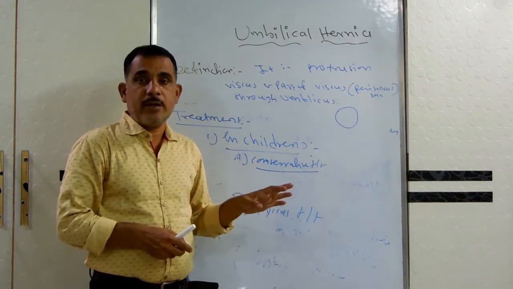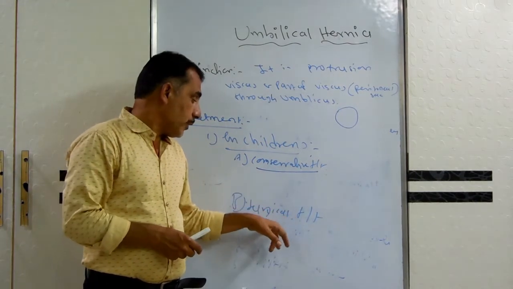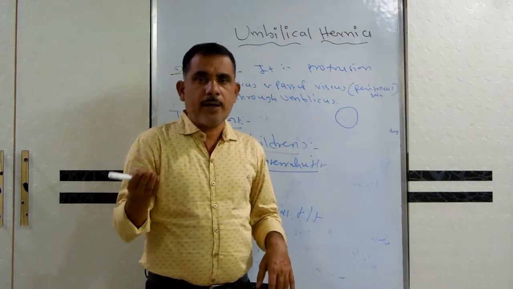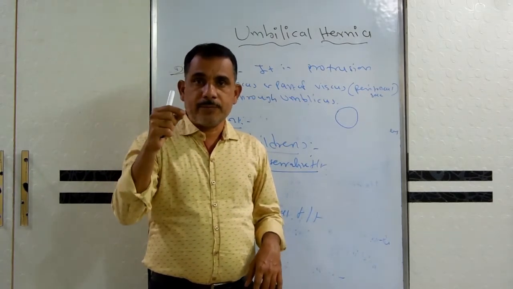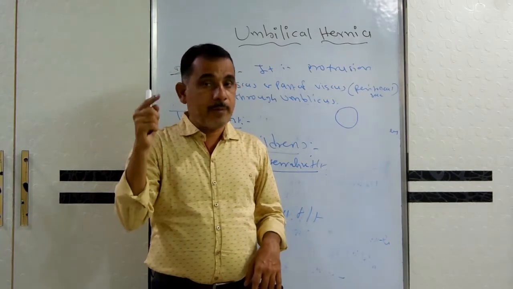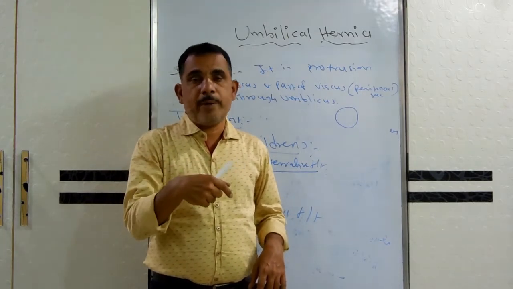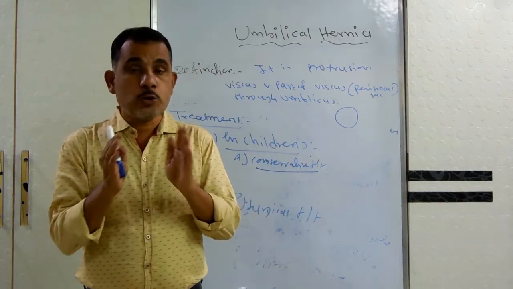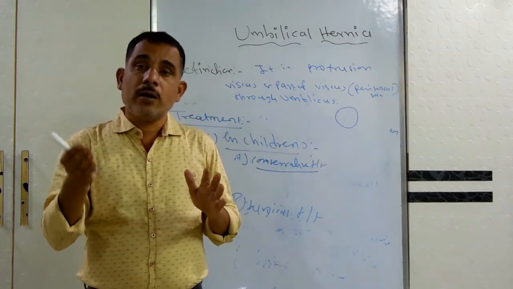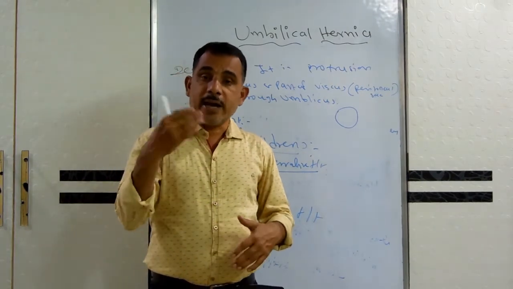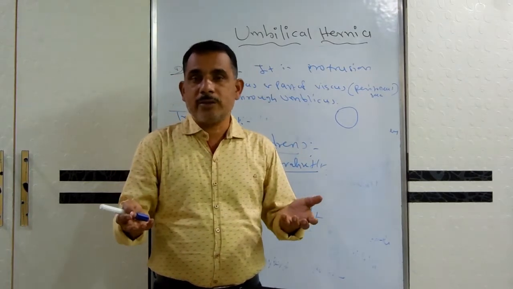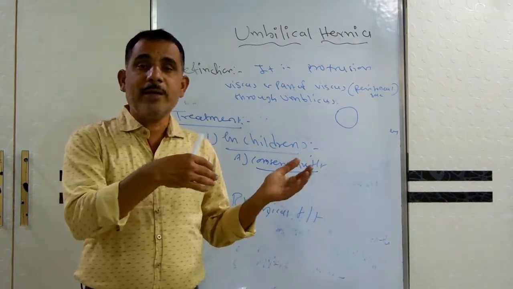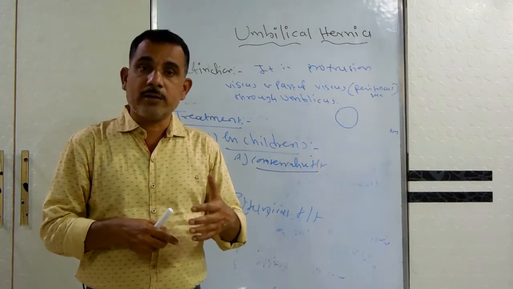But what is the surgical treatment? It is carried out under general anesthesia. Here the incision is made below the umbilicus. Remember, a transverse incision should be made below the umbilicus, and the umbilical scar should be preserved. It should not be completely destroyed, because after the operation, if there is no umbilical scar, the child may be teased, because most of the time the child opens the shirt and remains without a shirt, so it will be seen by others, and they will tease the child, and it will mainly hurt. So that's why.